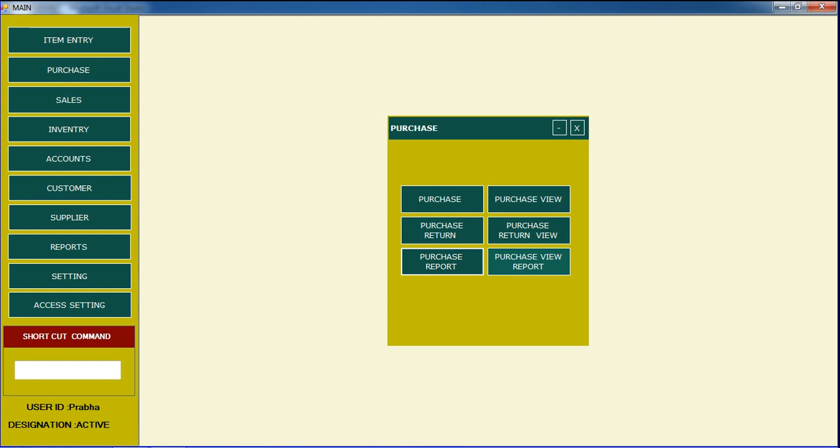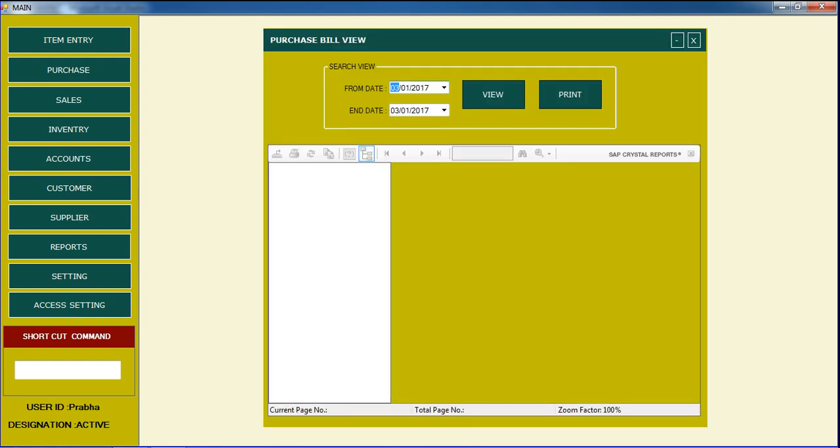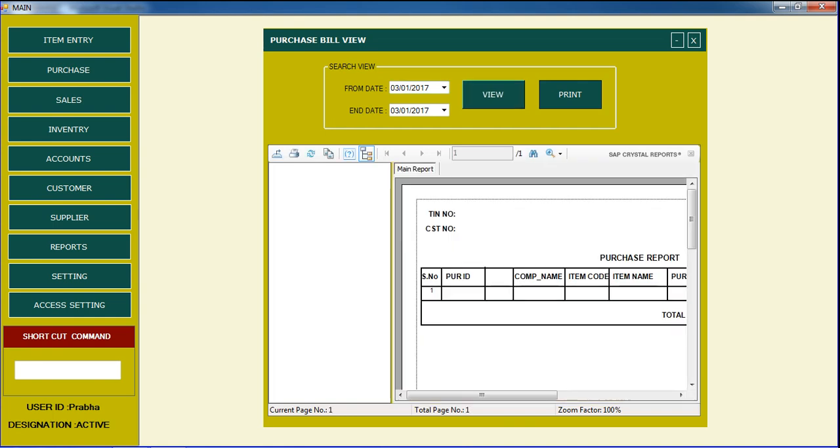Now I go to purchase report. Just click view and the purchase report will also come. Suppose I go to print, it will go to Microsoft.